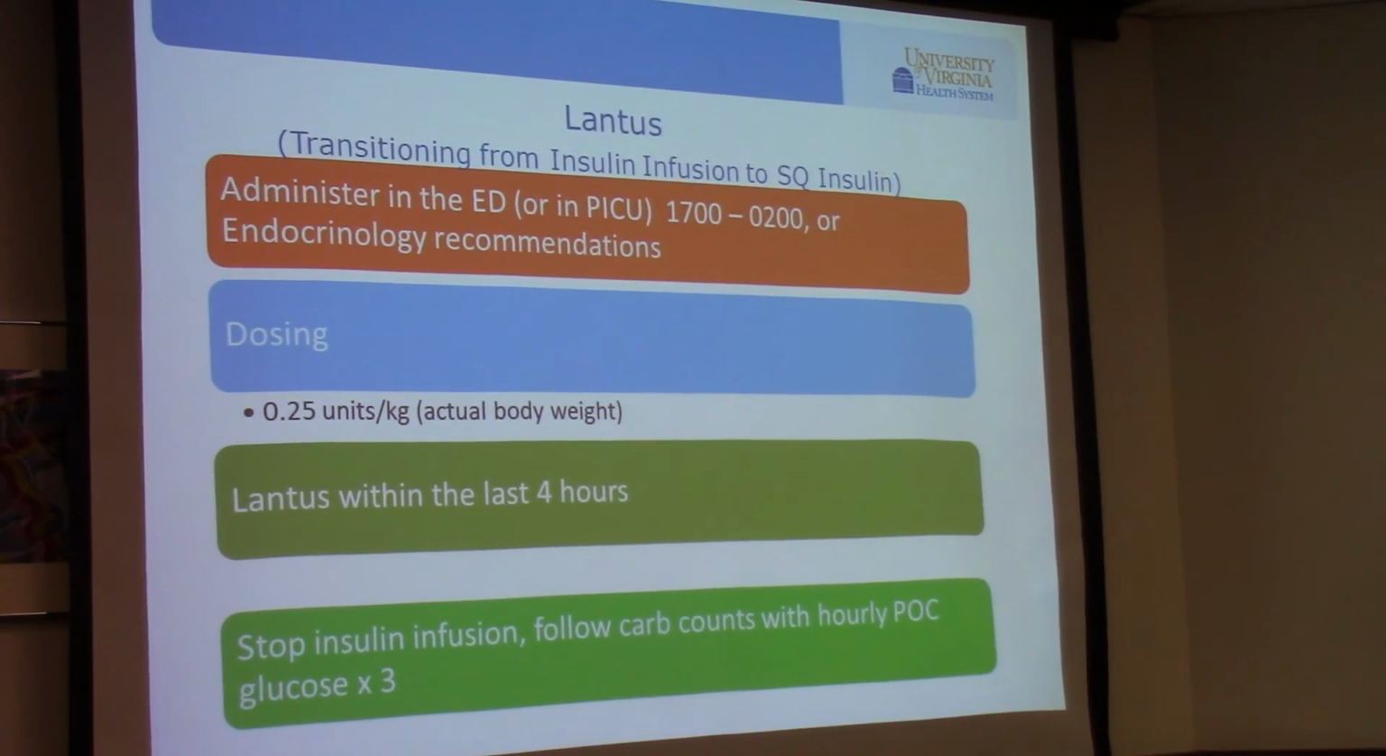So she also would need Lantus. So we try to give it in the ED. If not, it can be given in the PICU. Everybody gets 0.25 units per kilo. If they've had it at home, if this is a known diabetic and they got it within the last 4 hours,